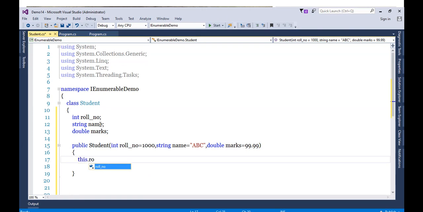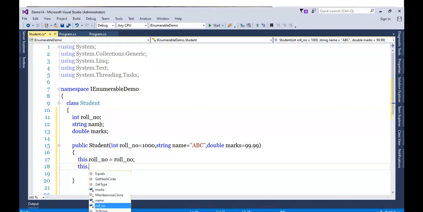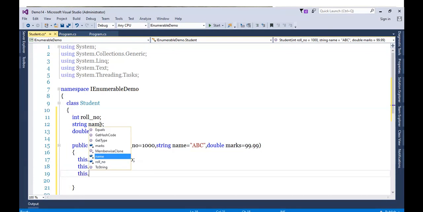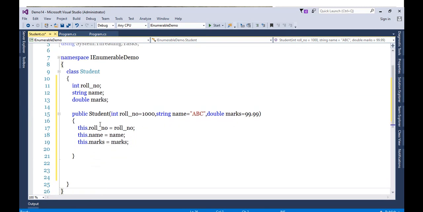Okay, let's assign it. So this dot roll number equals roll number. Then this dot name equals name. Next, this dot marks equals marks. Fair enough. Okay, and to provide these values outside, let's override the ToString method.